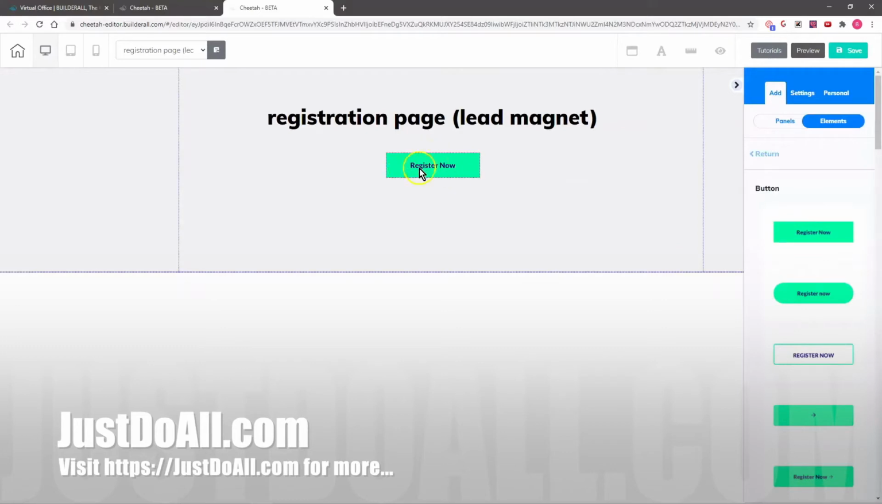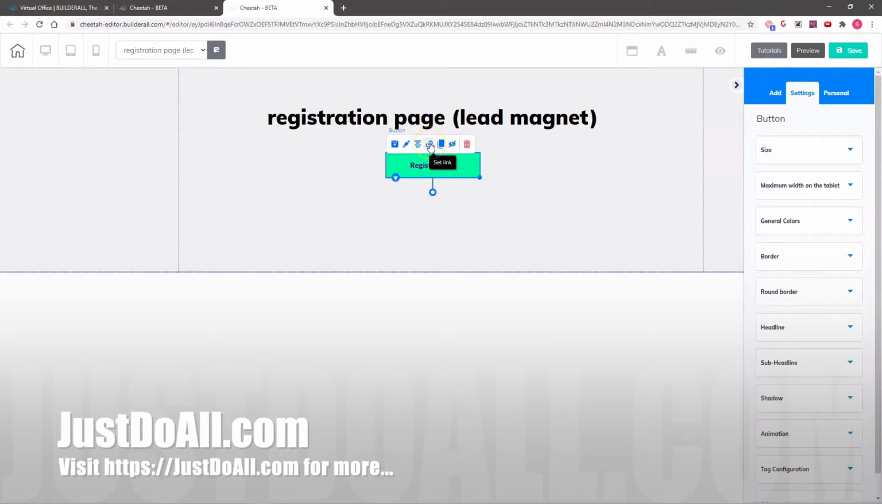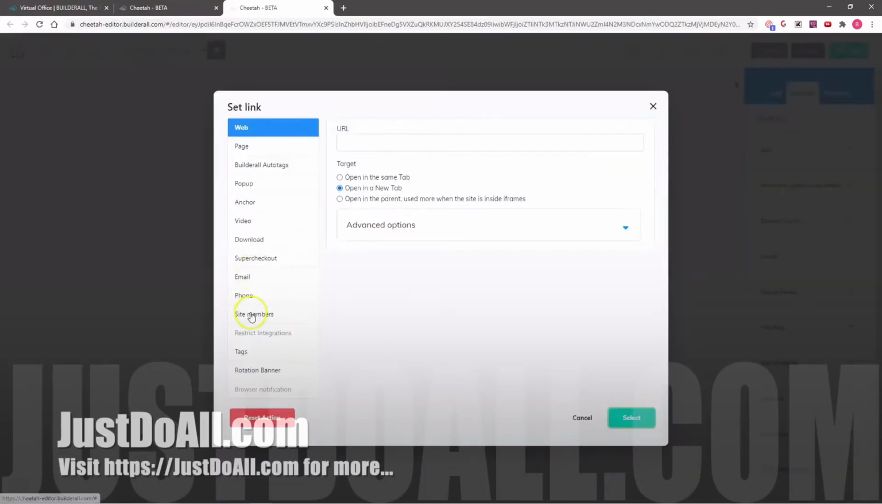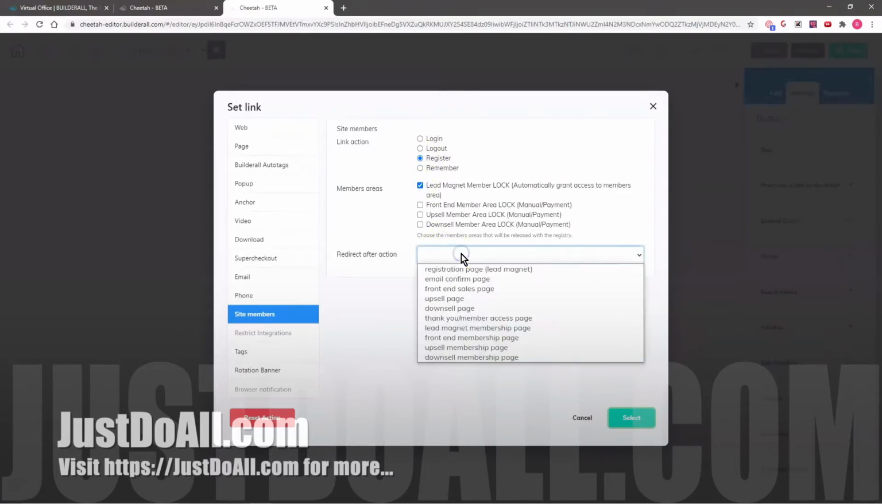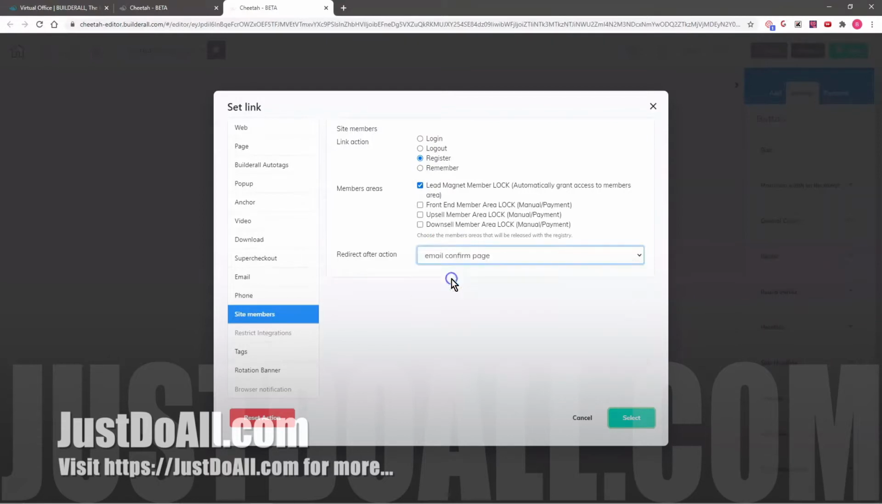So now we need to add a form that they can register on with their email and name. So let's click in the button and go to Actions here. And we can go down to Site Members. We want them to register here, so we're going to leave this on Register. We also want to give them access to the Lead Magnet membership page, so we're going to click here for that. And we also want to redirect them to the email confirmation page, because when they register inside our funnel,